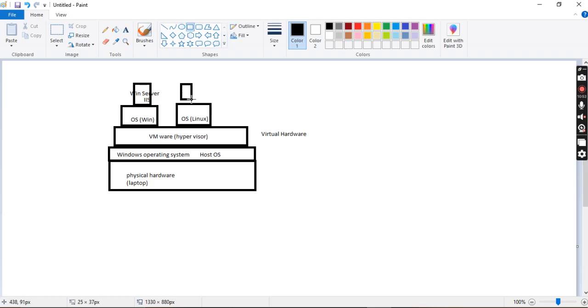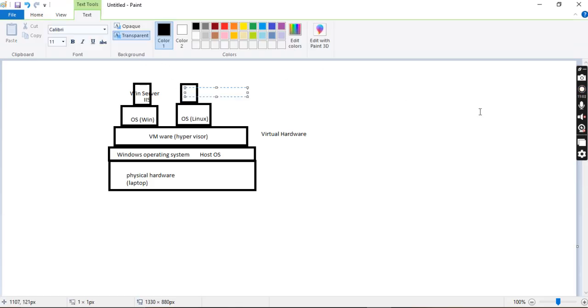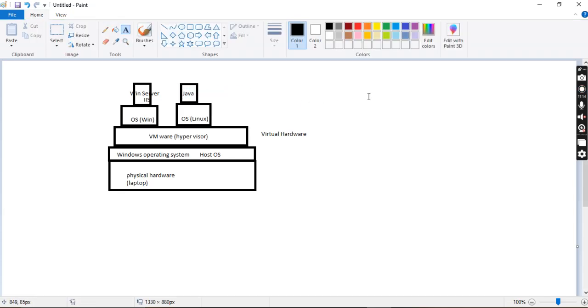Similarly, here also you can install some software that you need. Let us say on the Linux machine you have installed a particular kind of software, maybe a Java software. You have Java software on this. It is not limited to this or that. You can install whatever you want. So these are the various steps that we need to follow while installing a virtual machine. Okay, so this is how we need to follow. Then